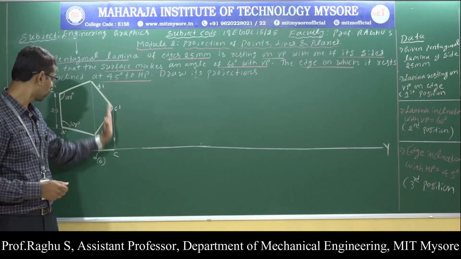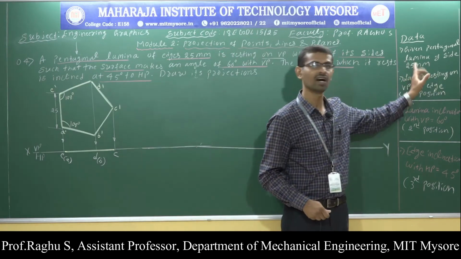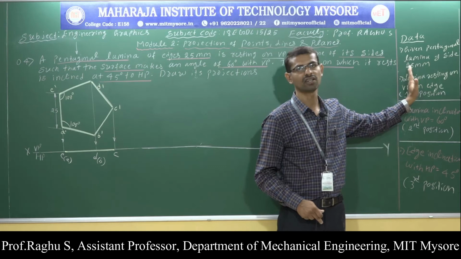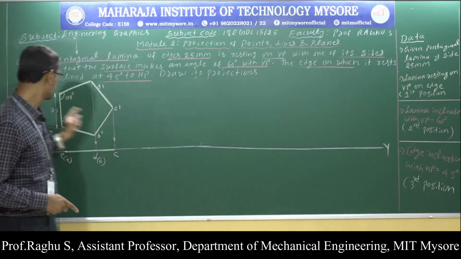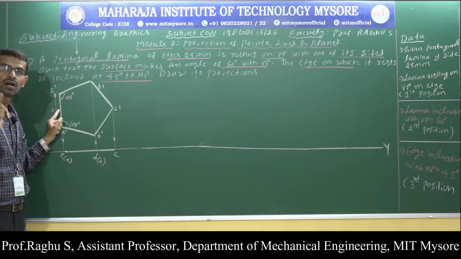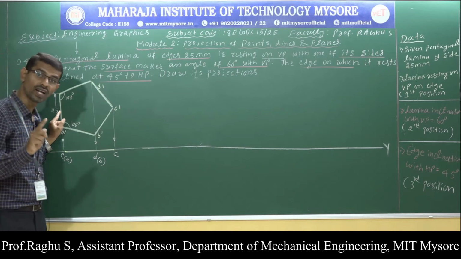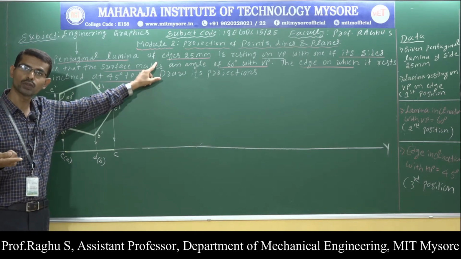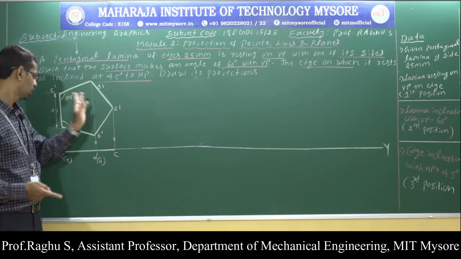Okay, here to write the first position, front view and top view, only this data is enough. Here I do not consider any inclinations. You ignore all inclinations. I need only the resting condition. Towards your left side, the resting side should come. And you should start the drawing with the front view because the lamina is resting on VP. When the lamina is resting on HP, you have to start the first position with the top view.